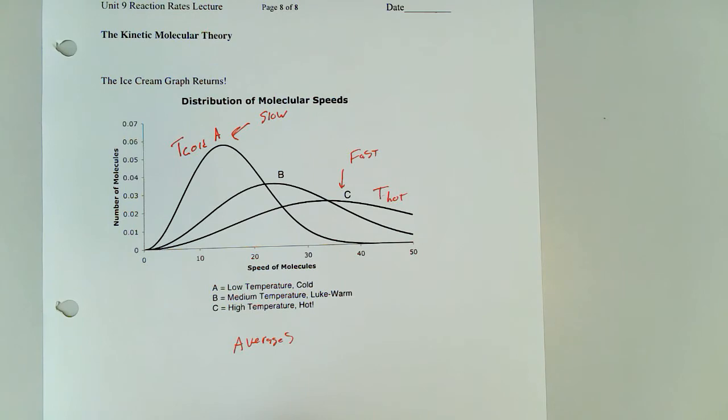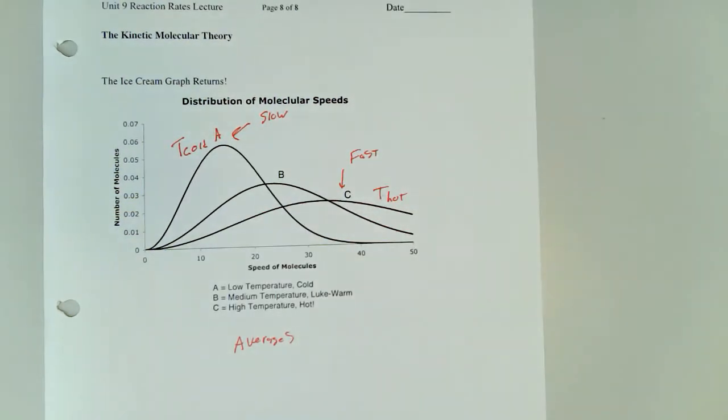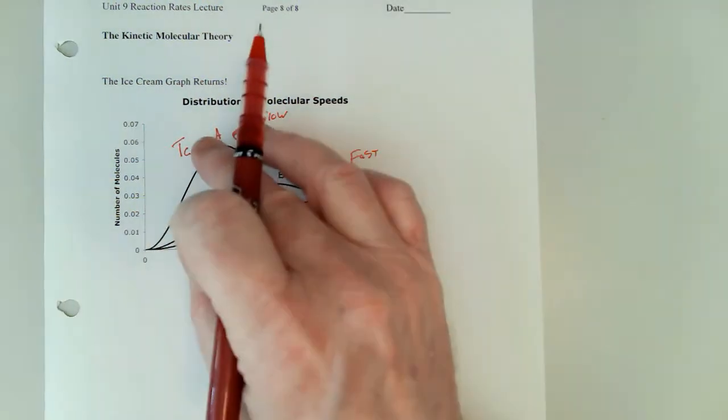Now it turns out that A represents it at a lower temperature, B medium, C higher temperature. What that means is, at a lower temperature, on average, particles are moving slower. And at a higher temperature, on average, particles are moving faster. So since the speed of the molecules matters for collisions and whether they produce a reaction or not, at a lower temperature,